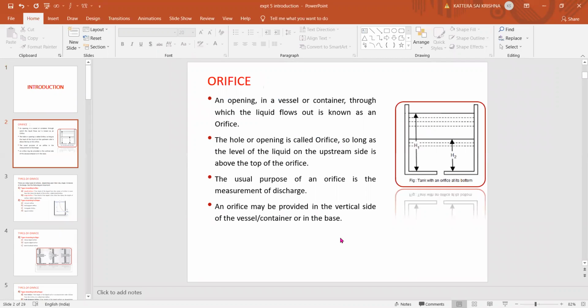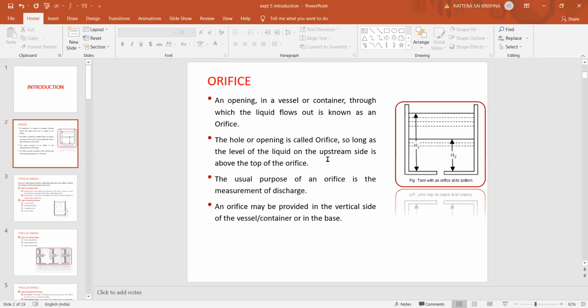Already we know what is the purpose of orifice. Orifice is a device which is used for measuring the discharge of the fluid. The first experiment which you have seen, we found the coefficient of discharge for the orifice which is connected inside a pipe. In a flowing pipe, we have connected an orifice which will be like a circular shaped plate with a concentric hole. That is your orifice in case of pipes.